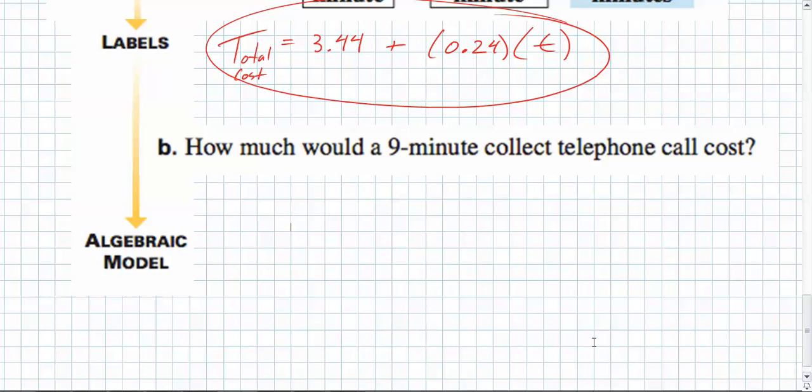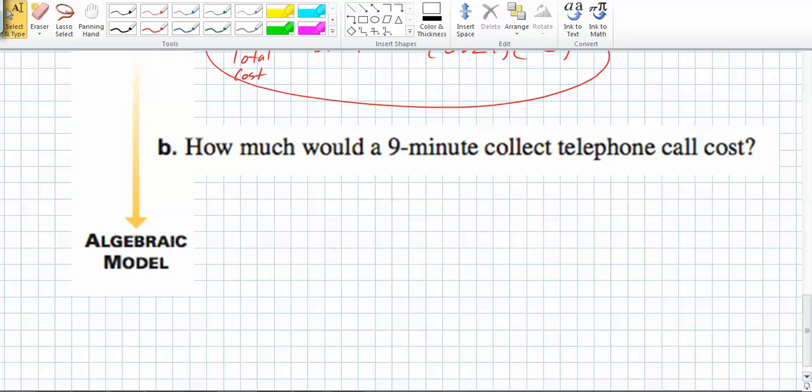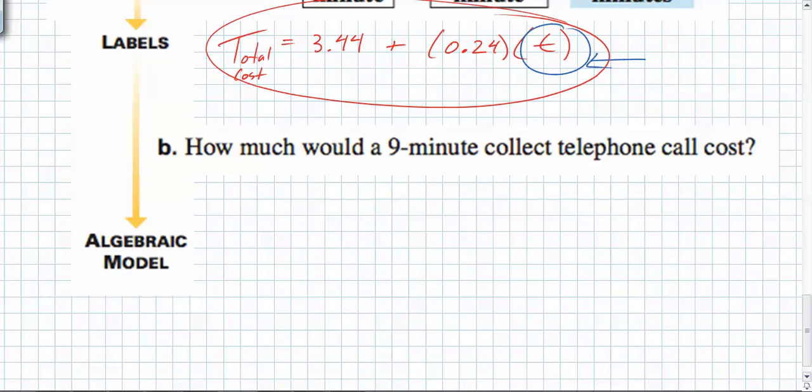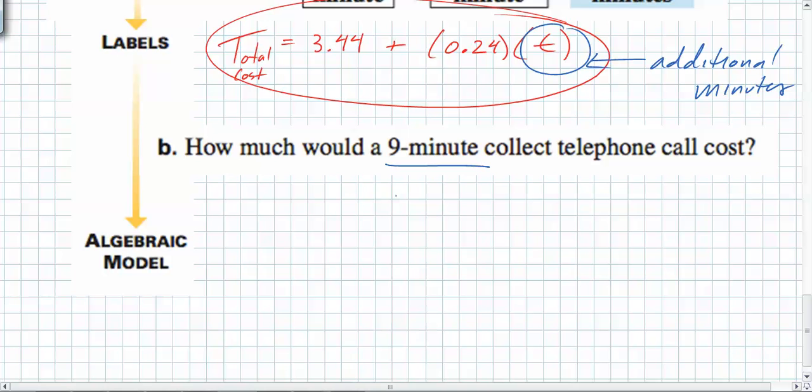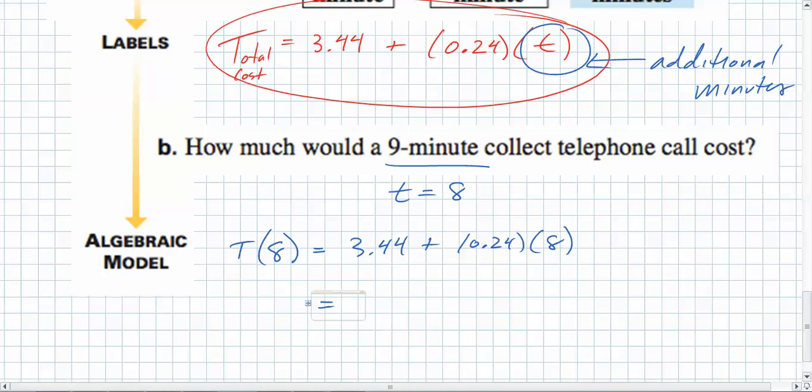The question goes on to ask how much would a 9-minute collect call cost? So remember that t, the lowercase t right here, is the additional minutes past the first minute. It's important. So for a 9-minute collect call, how many additional minutes are there past 1 minute? It's going to be t equals 8. So the formula evaluated when lowercase t is equal to 8 is going to be 3.44 plus 0.24 times 8. You can break out your calculator to figure this out and find out that the total cost of a 9-minute call is going to be